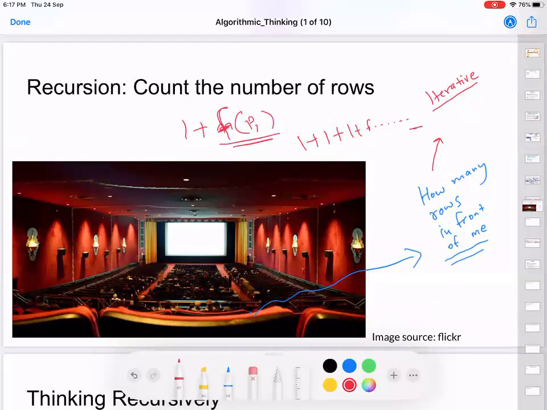All these people are poking each other, and when you ask the last person in the front row how many rows are there in front of you, he'll say 0, because there is nothing in front of him. That is what we call the base case. So when there is nothing in front of a person, that is the base case, and he says 0. This answer comes back to you, and you get your original answer with the help of this chain. That is what recursion is.